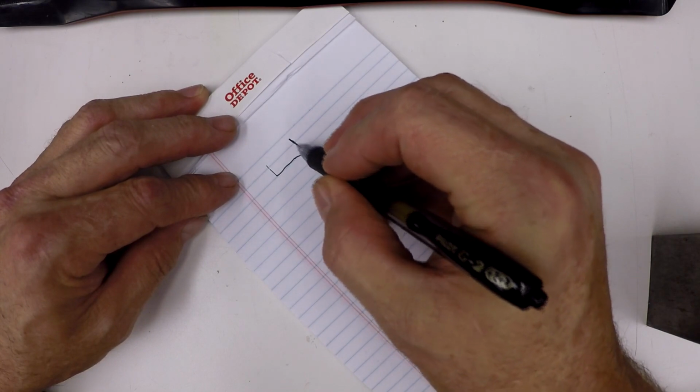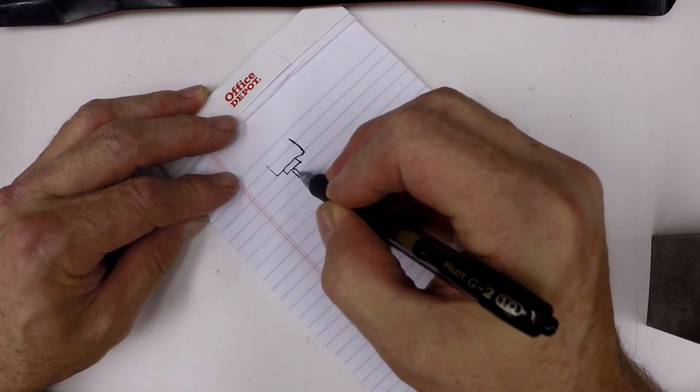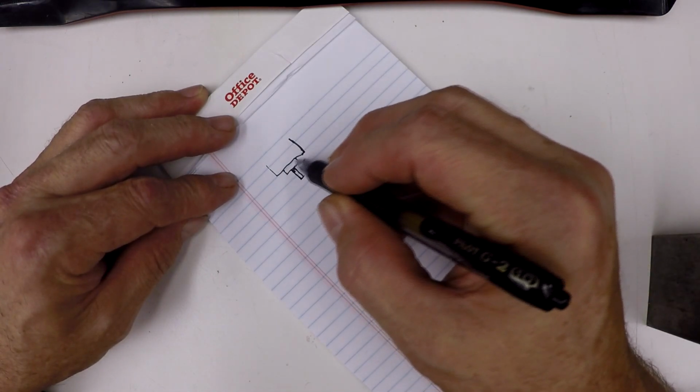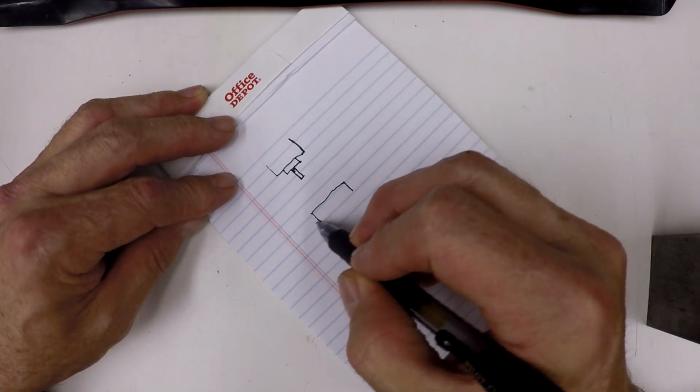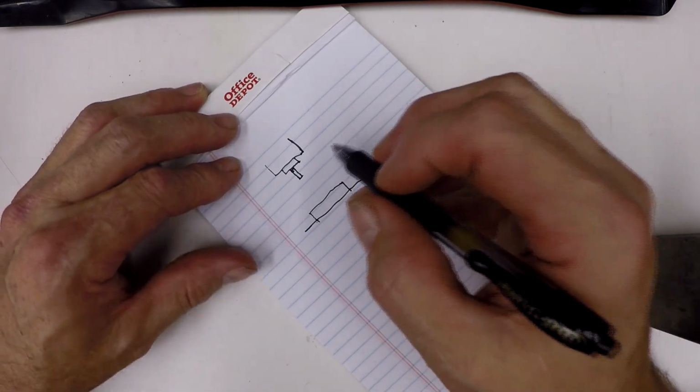Let's say this is the spindle of your machine. Here's a tool that's sticking out of the spindle. I'm not going to draw the tool holder. Let's just assume that that's the tool and the tool holder. And here's your piece of work on the table or in a fixture on the machine of some sort. Now there's